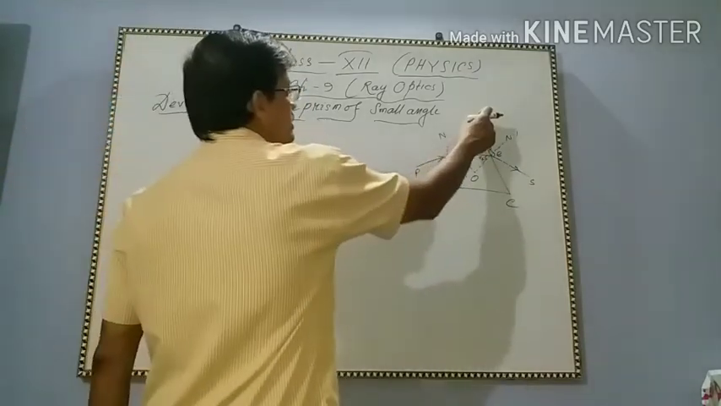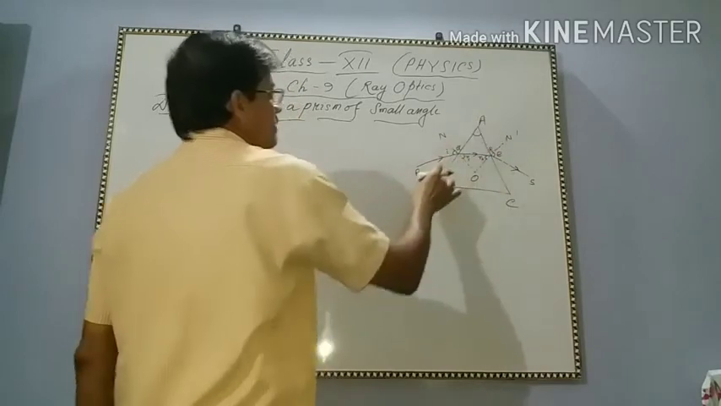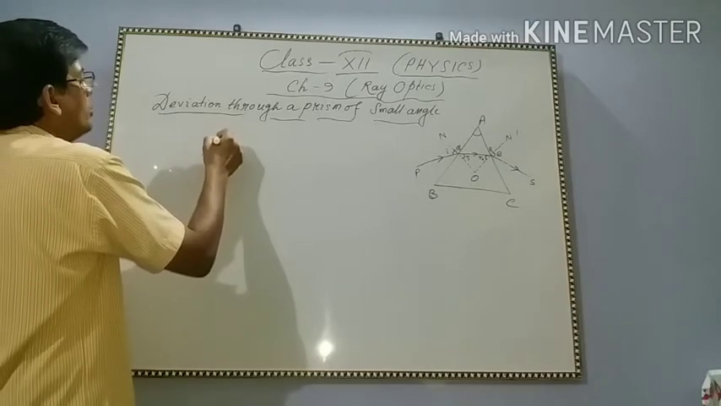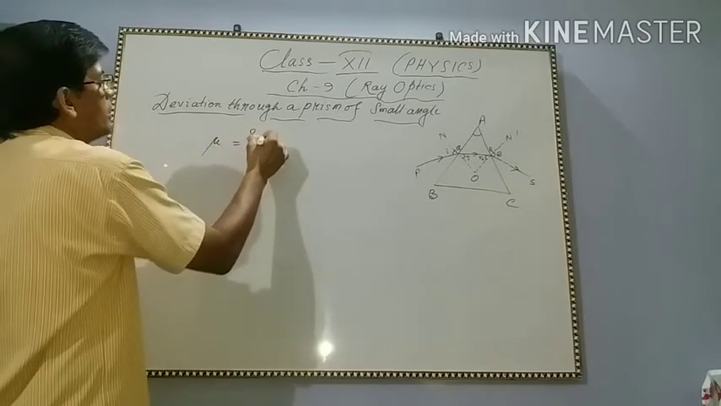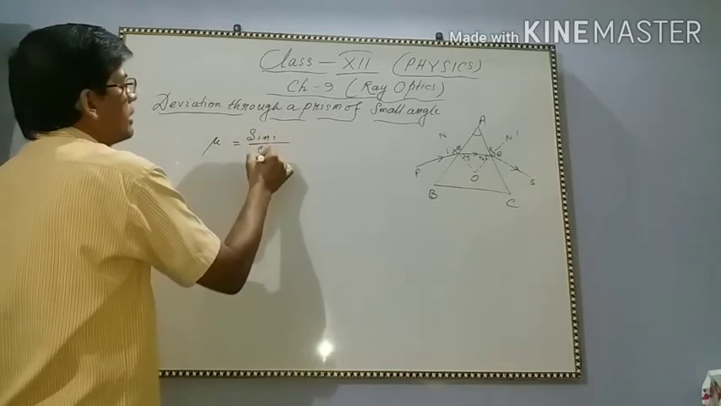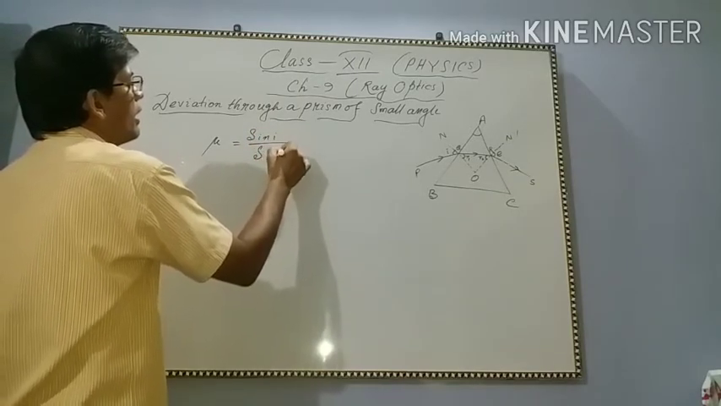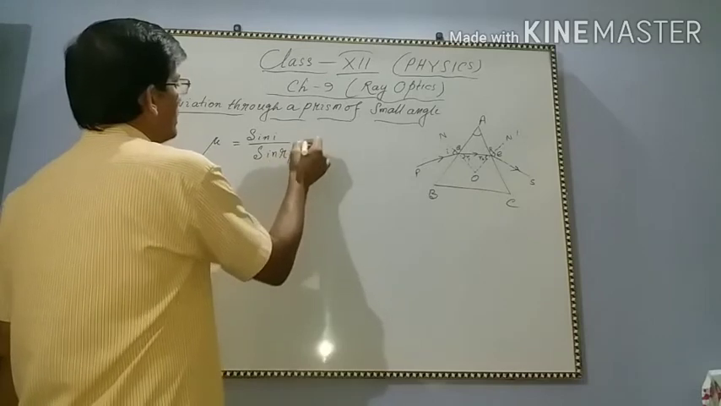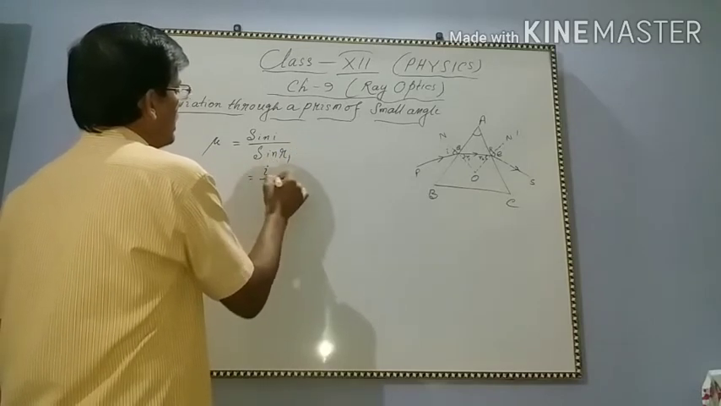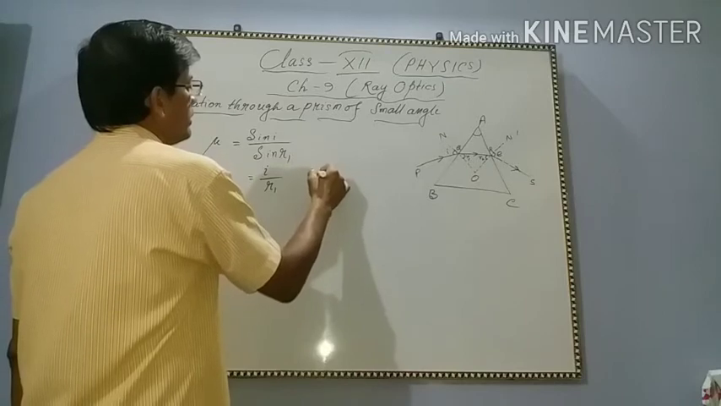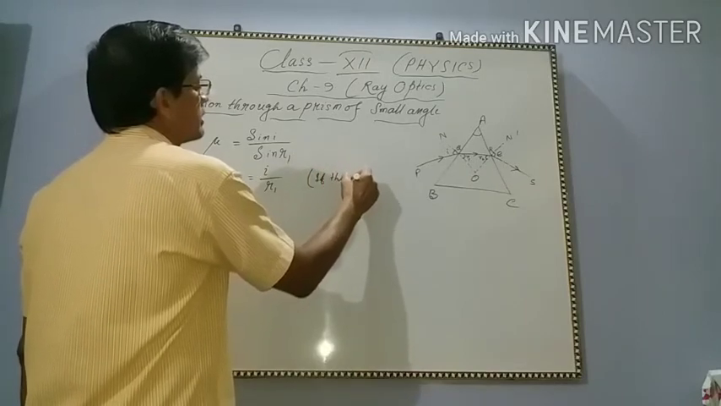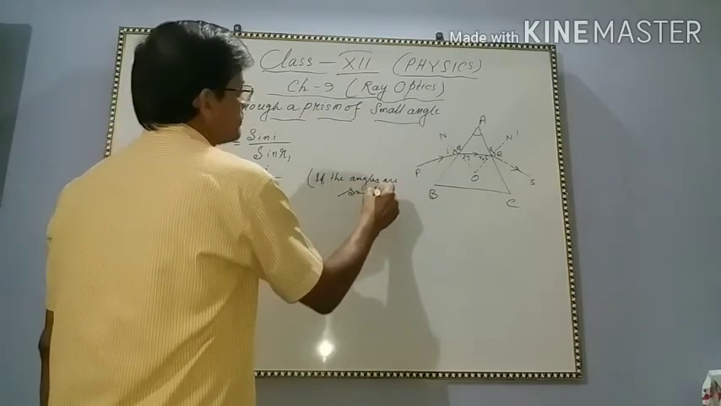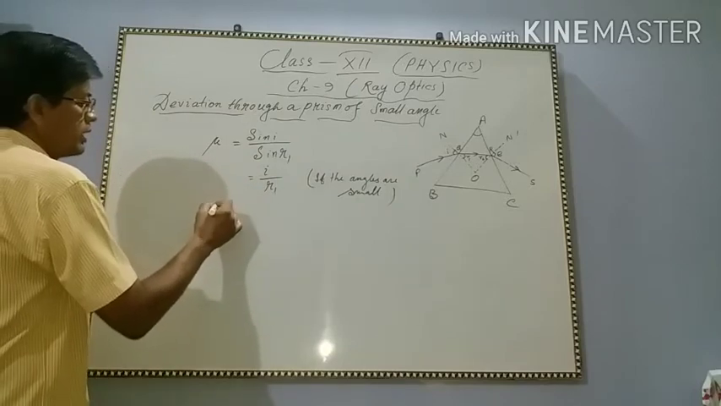First, for refraction at this surface AB, what we will get? Mu equals sin i by sin r1. If the angles are small, then what we will get? Mu equals i by r1. If the angles are small, so what we are getting? i equals